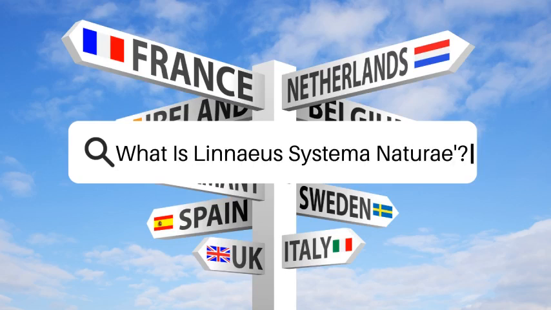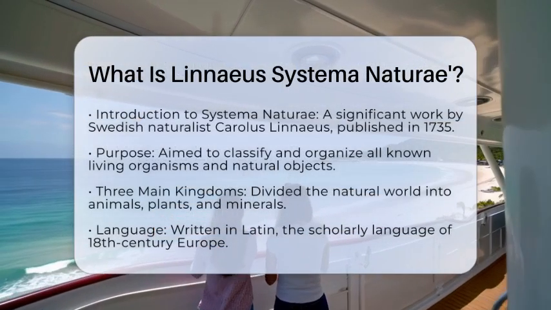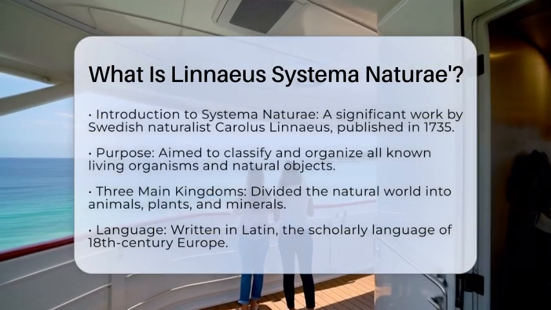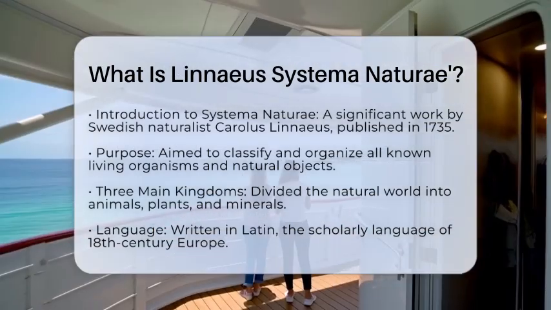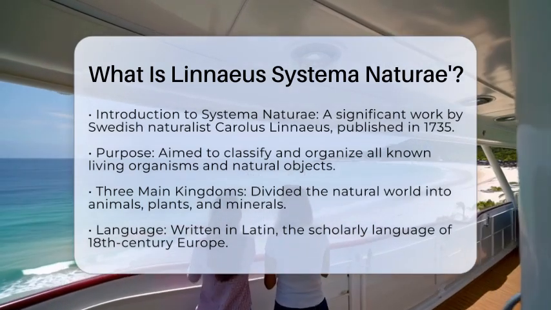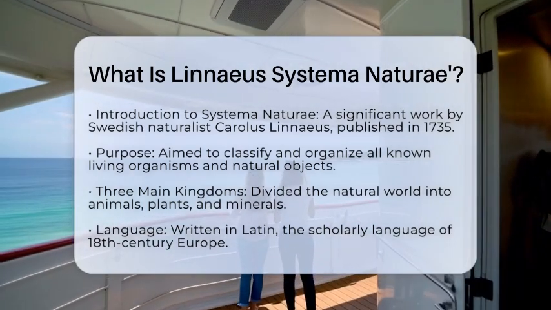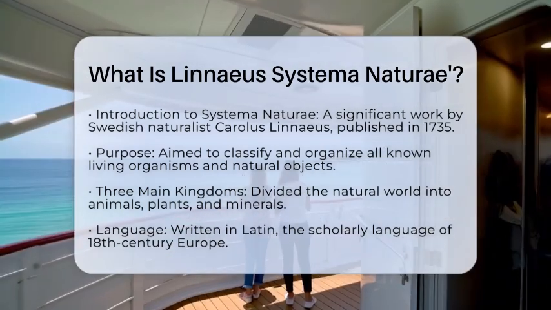What is Linnaeus's Systema Naturae? Have you ever wondered how scientists categorize the vast array of living things around us? The answer lies in a remarkable work called Systema Naturae, created by the Swedish naturalist Carolus Linnaeus. First published in 1735, this book was one of the earliest attempts to classify and organize all known living organisms